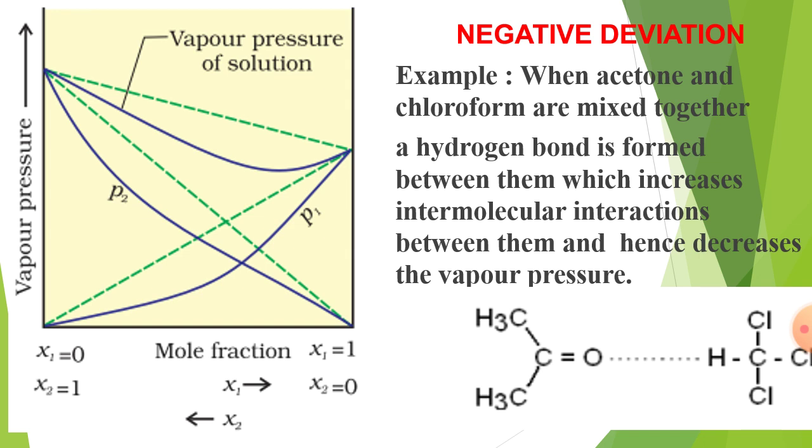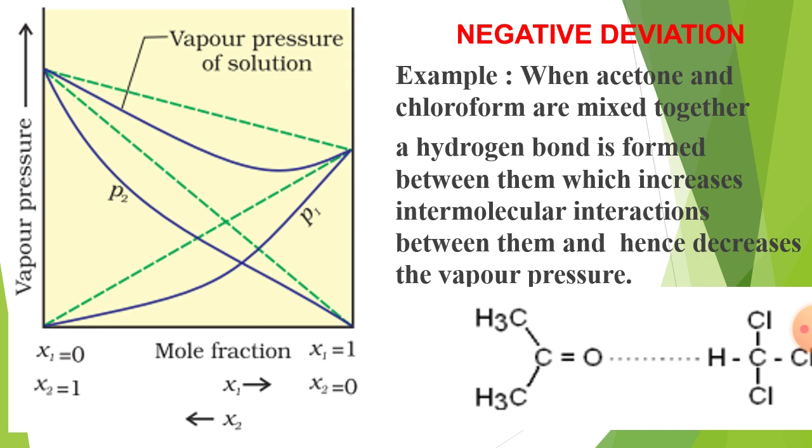When acetone, formula CH3COCH3, and chloroform, CHCl3, are mixed together, a hydrogen bond is formed